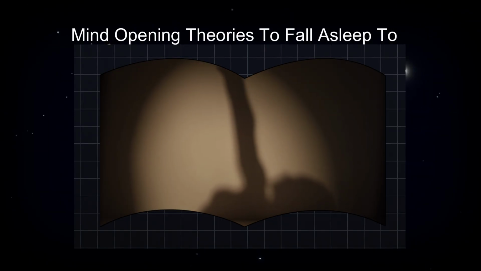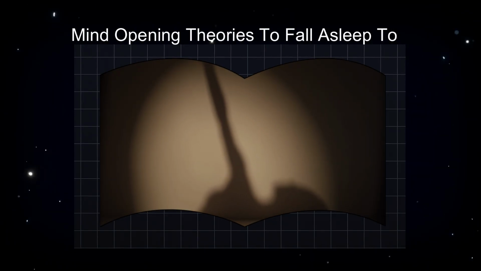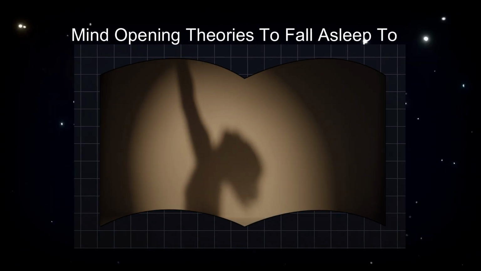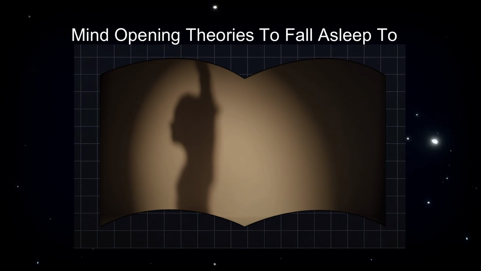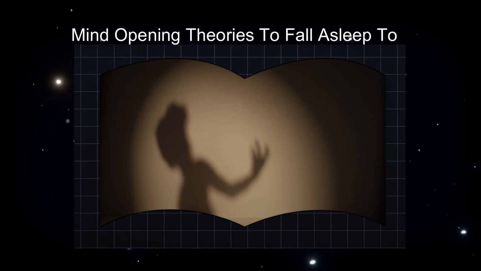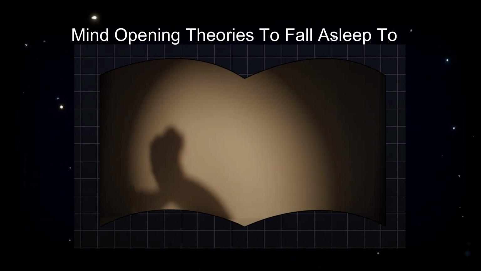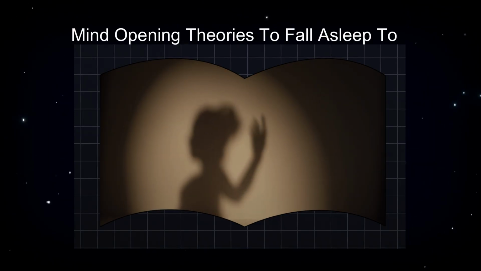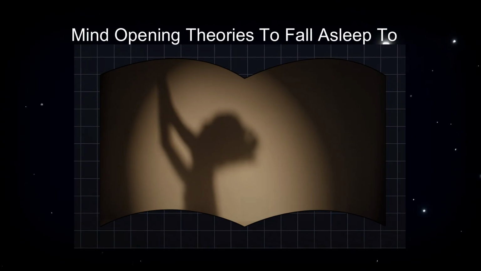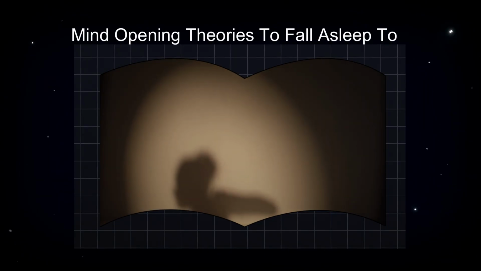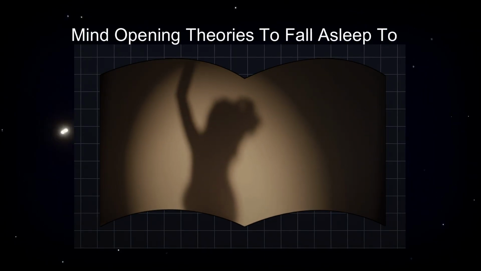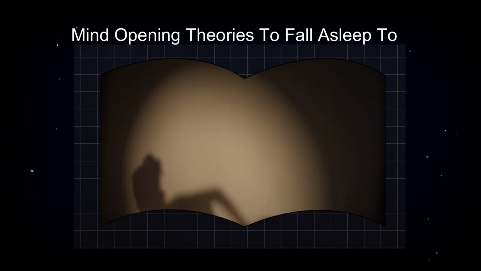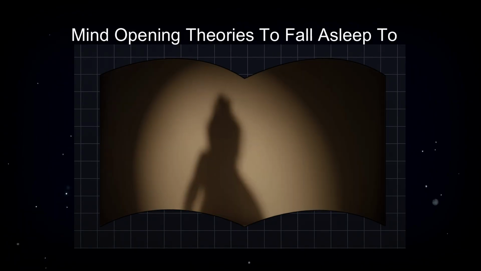So why build a simulation in the first place? Maybe it's for research, maybe to study history, or to simulate different outcomes. Or maybe it's just entertainment, like we run The Sims. Some other intelligence might be running us. The motives are unclear, but the possibility is hard to ignore. If simulation theory is true, then our reality is code. Our memories, our emotions, our laws of nature, all part of the program. And whoever runs the system, they might be watching right now.